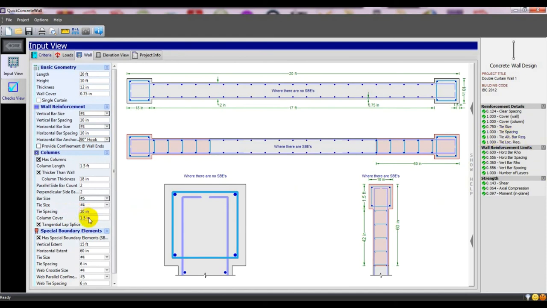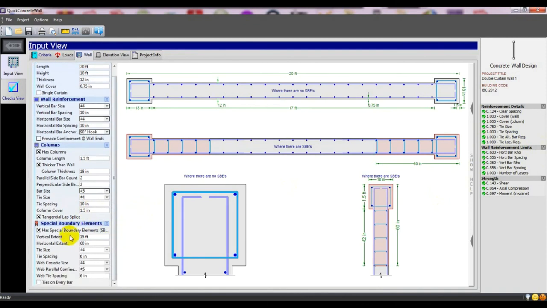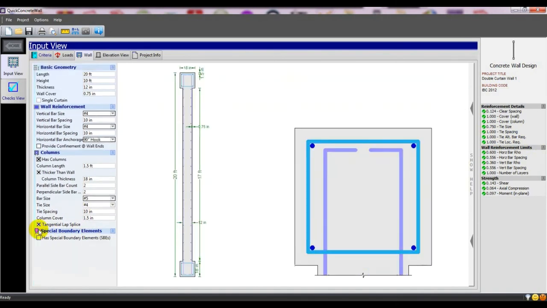So for tennis it's okay. And here is the special boundary element. Suppose if you don't have a special boundary element, then it will be just like that. So there is no special boundary element here. And just see that there's the hook. If you do not use that hook,